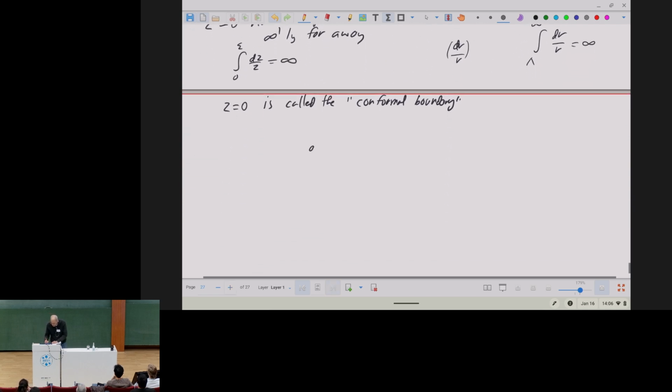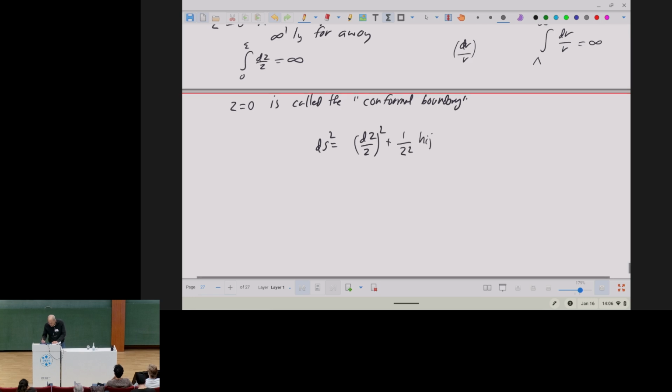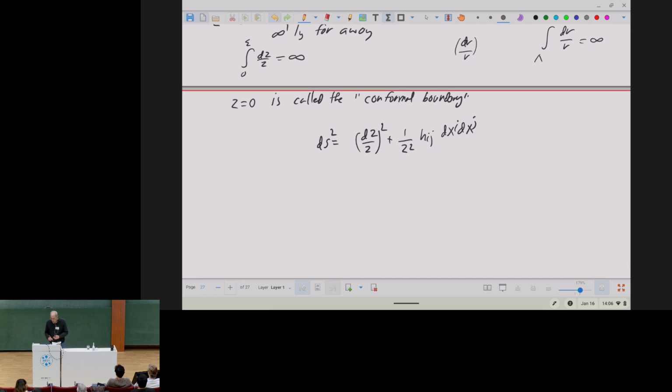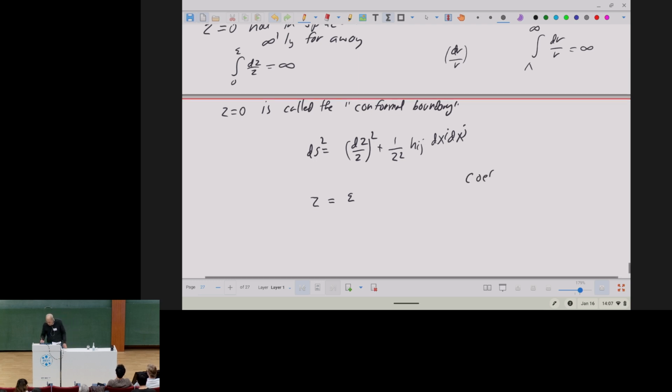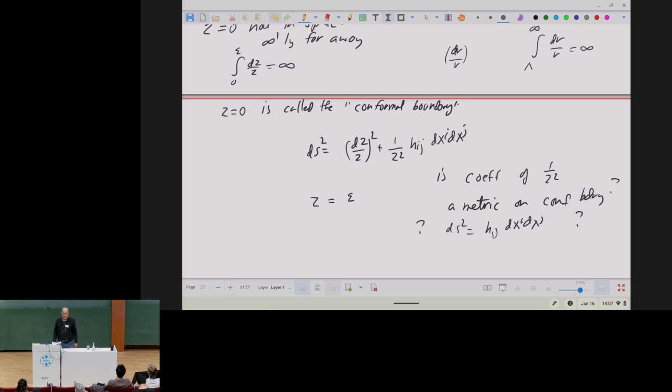And if we go back to the metric, you can ask what kind of structure the conformal boundary has. And the answer to that question is rather interesting. We can't just set z to 0 and get a metric on the conformal boundary because it would be infinite. There's a 1 over z squared. What we can do, naively, is to set z equals epsilon. Well, okay. We could make a Weyl transformation to remove this 1 over z squared factor. So you can ask this question: is the coefficient of 1 over z squared a metric on the conformal boundary? The metric being h_ij dx^i dx^j, or the line element being that. The answer is not quite, because the coordinate